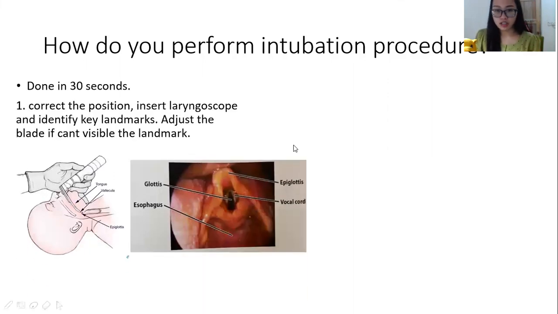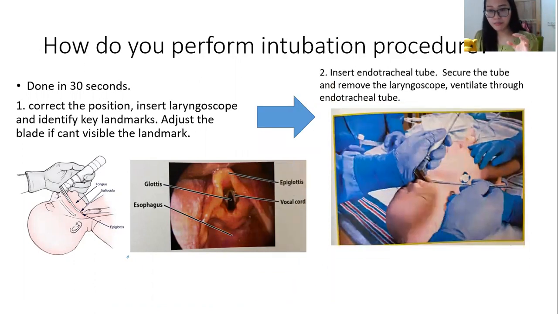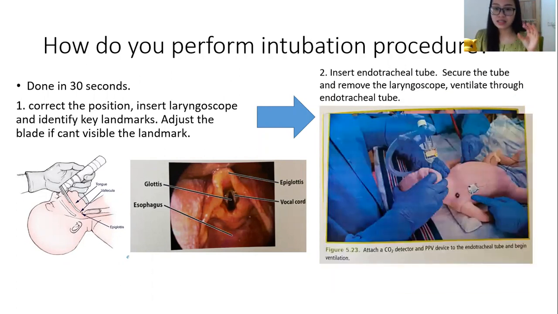First, we correct the position, insert the laryngoscope, and identify the key landmarks. We should be able to see the vocal cord and the epiglottis. So after we identify the landmarks, we have to ask another assistant to insert the endotracheal tube and not do it by ourselves. After we insert the endotracheal tube, we have to stabilize the tube against the baby's palate or the cheek while we are carefully removing the laryngoscope. And we ventilate through the endotracheal tube. And also we have to attach a carbon dioxide detector to make sure that the position of the endotracheal